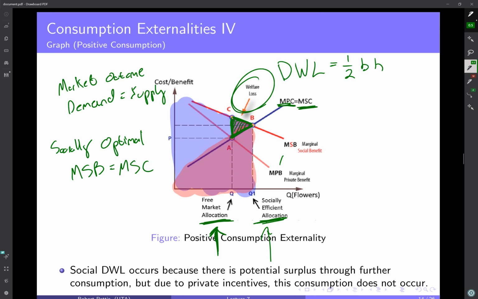Right, so that's in general externalities and all the different types of externalities. So in the next video, what we're going to do is look at how we can solve this problem of our free market allocation not being the same